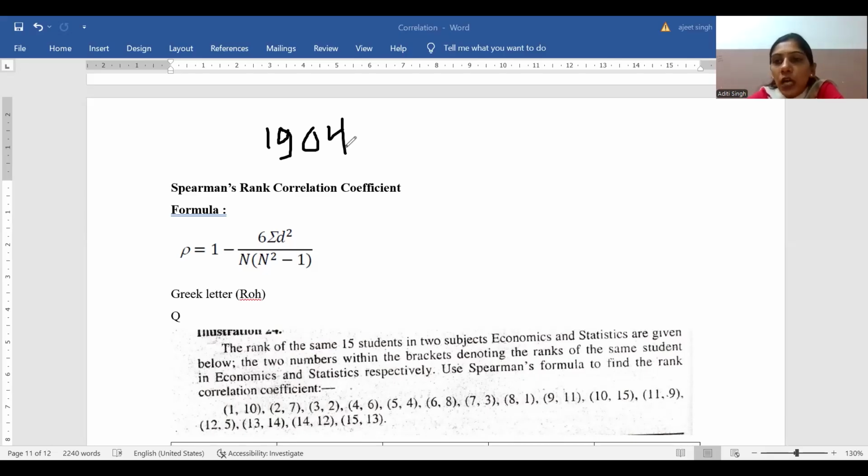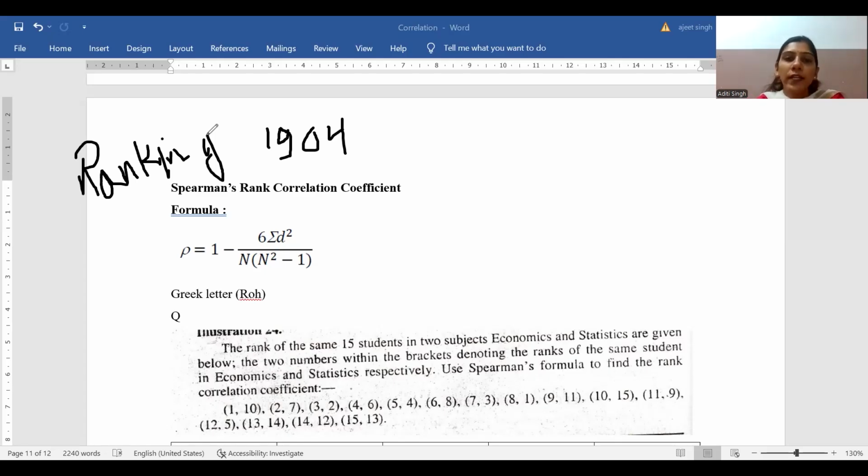Basically, he was a psychologist in Britain. That's why this method is also known as the ranking method. The Spearman rank method is also known as the ranking method, which was given in 1904 by Charles Edward Spearman, and basically it is used